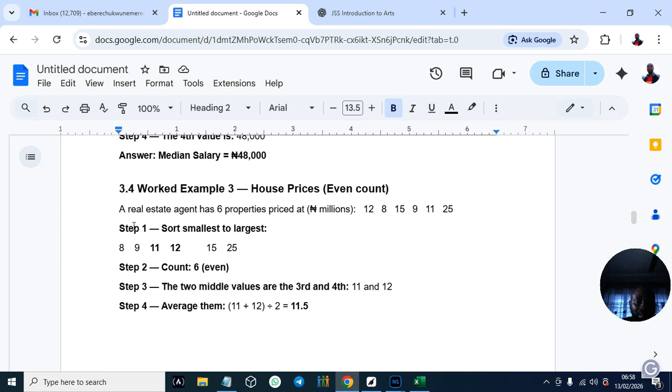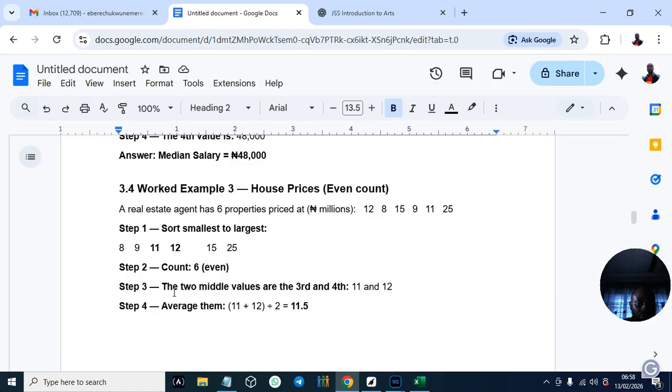House price, even count. A real estate agent has 6 properties priced in million naira: 12, 8, 15, 9, 11, 25. Now let's sort it: 8, 9, 11, 12, 15, 25. Now you count it, it's 6, even.